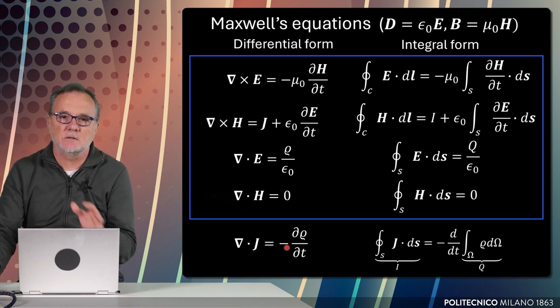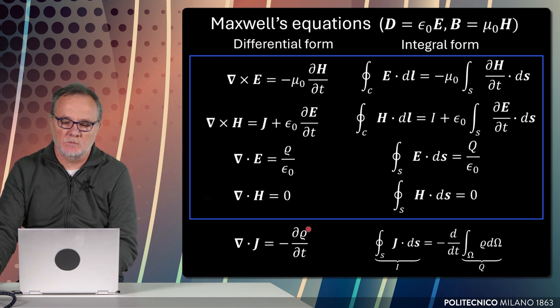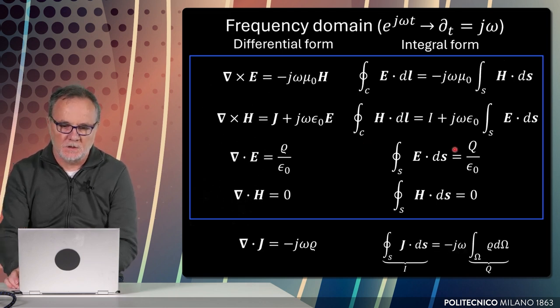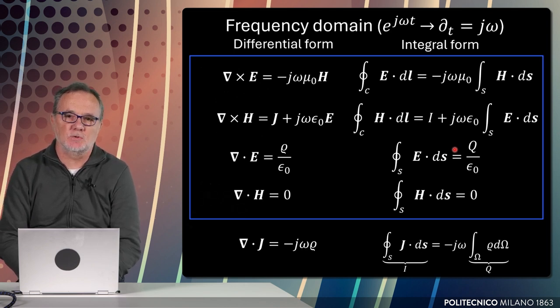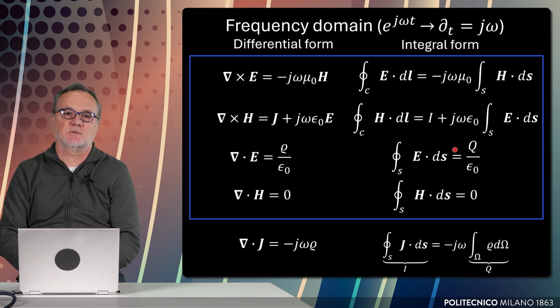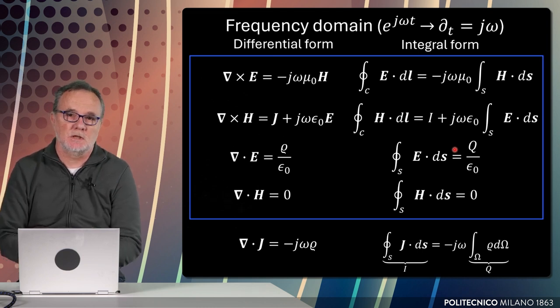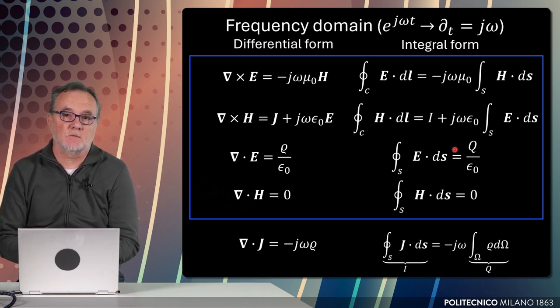So that we can write, as we did before, the same set of equations in which we only have the presence of E and H. And this is just what we obtain both in differential form and in integral form. If we look at specific variation over time, which is the sinusoidal variation over time, this is a very important domain because in sinusoidal domain, when we are in presence of linear relationship between various quantities, a sinusoidal source produces a sinusoidal field at the same frequency.